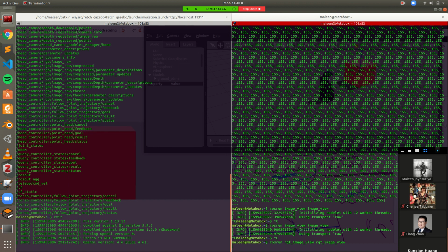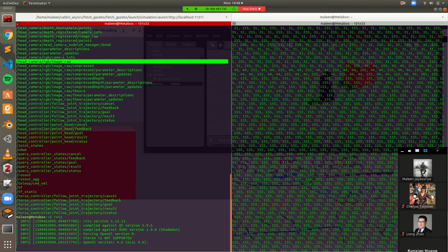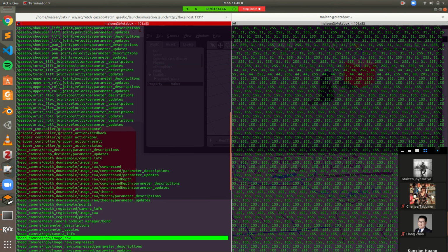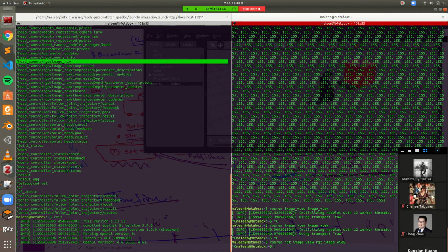image. The topic is basically this, right? Head camera RGB image raw. That should give you the camera image. So let's look at how we can get it onto MATLAB. So if I launch MATLAB,